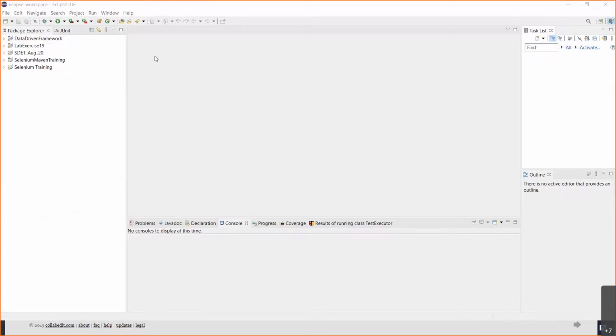Can you share your screen, Pradeep? Should I stop sharing? Yeah, you are done already. This is what we were supposed to do with Cucumber within our IDE. Okay, stop sharing. Yeah.